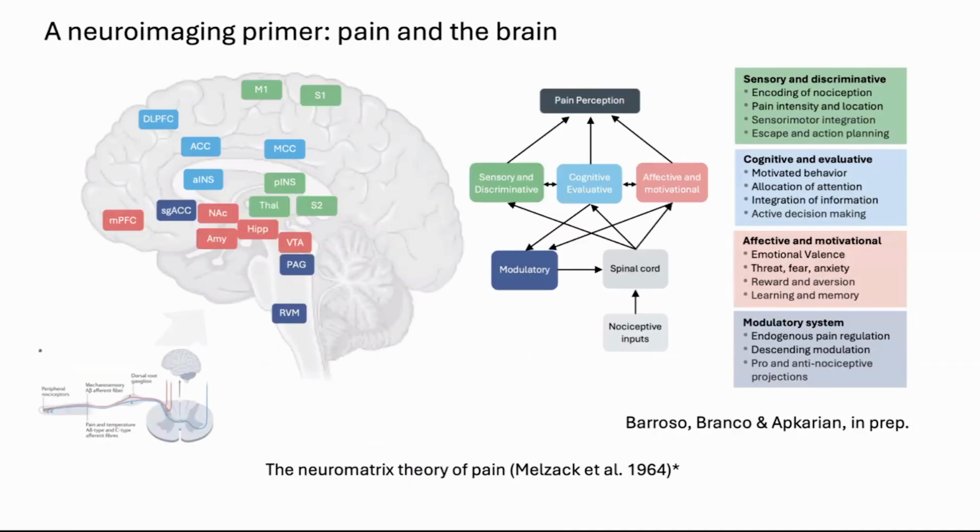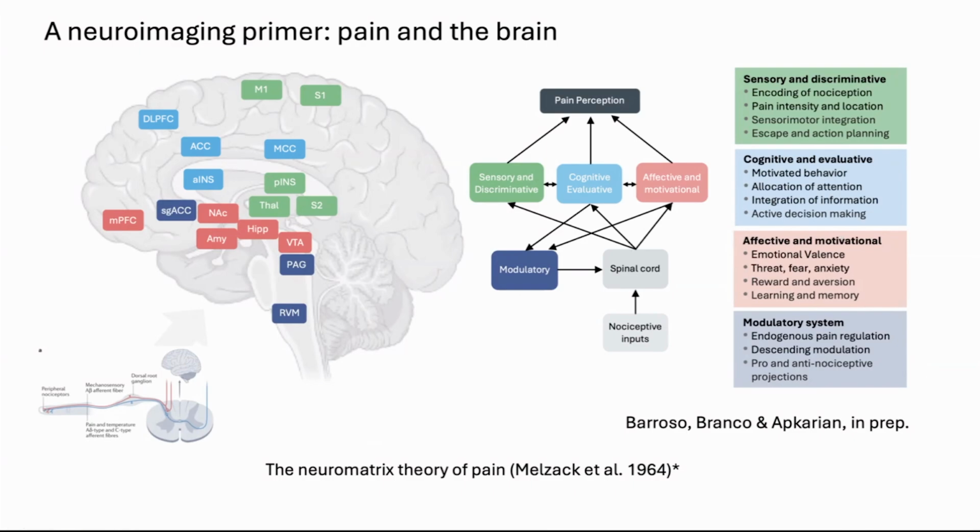So after looking a little bit at the spinal cord, we are now finally moving to the brain. Before we actually continue, I want to spend some time for us to get familiarized with brain anatomy and function before we move on to the science. As I mentioned in the beginning, once a noxious stimulus is detected by nociceptors, this information is sent to the spinal cord, which then relays it to the brain.